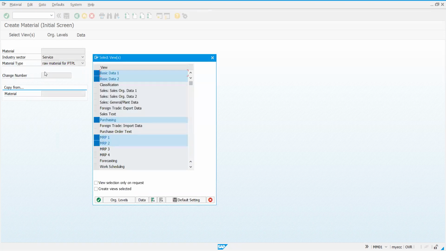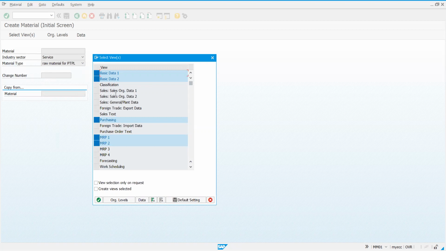So it provides me different views that I can take, I can choose. So I'll briefly give you the information about these views. As you can see, basic data 1, basic data 2 is to provide basic information about the material. What is the material? What are the units of that material, and so on. Basic information.